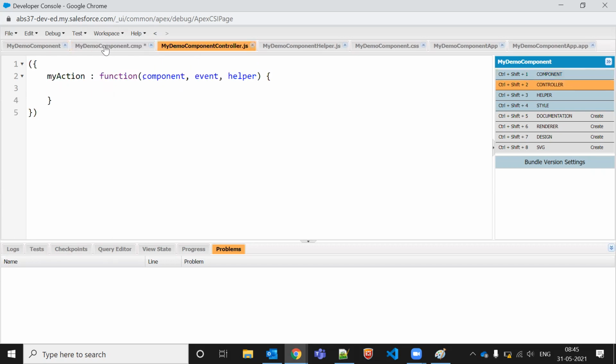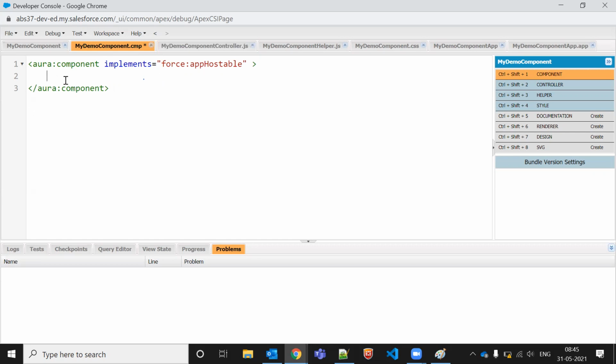What's the flow of variables here is, we have to create an attribute in the lightning component, so that attribute behaves as a name, means it behaves as a variable. So I can say it's a str name, the type is string. So this attribute I created here, it means this is my variable name.